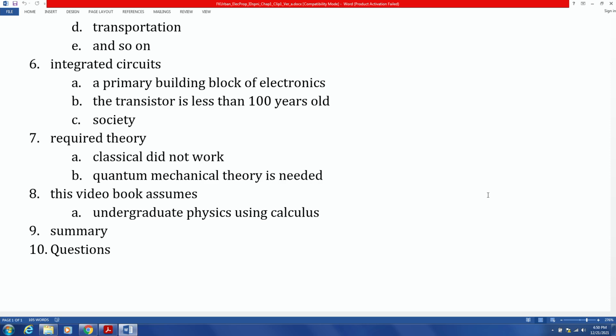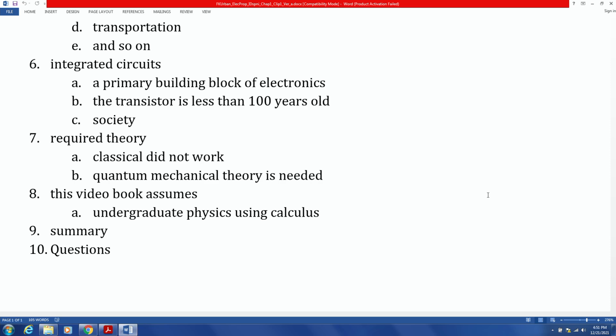So quantum physics had already been under development, not too far after the turn of the last century, and could be applied to these tiny things, these tiny electrons. So we will deal with quantum theory. Don't worry, it's just one more theory to know. And by the way, the book assumes that you have taken an undergraduate course in physics, and that